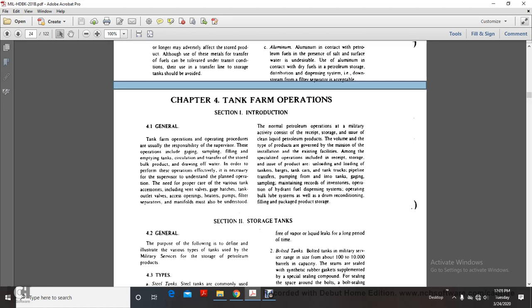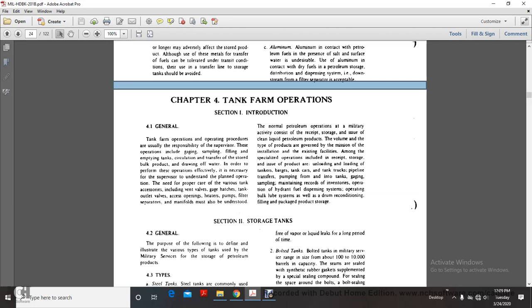Alright, Chapter 4, Tanker Farm Operations, Section 1, Introduction, General. Tanker farm operation procedures are usually the responsibility of supervisors. These operations include gauging, sampling, filling and emptying tanks, circulation, transfer of stored bulk product, and drawing off the water. In order to perform the operation effectively, it is necessary for the supervisor to understand the plan of